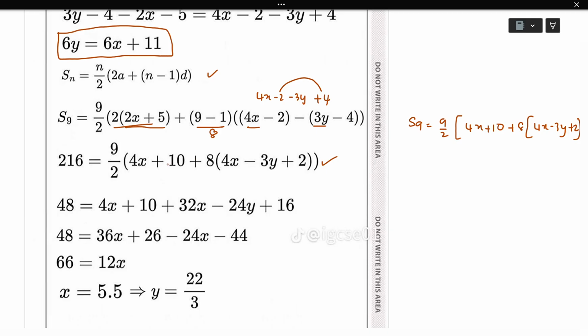Next, we will multiply this 8 in the entire equation. So 32x minus 24y plus 16. Now we can take 4x plus 32x becomes 36x, and negative 24y. This is going to be y here, it's not x, y. And 10 plus 16 is going to be,